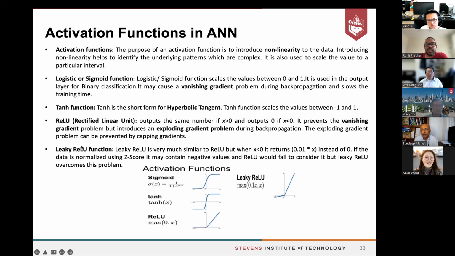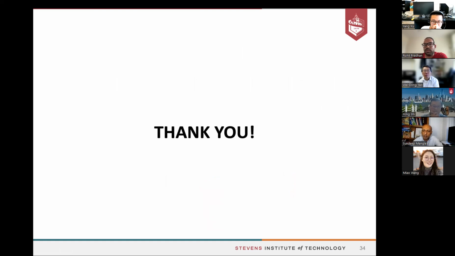So the rectified linear unit prevents this problem, which occurs in the sigmoidal and tanh activation functions. And the next, advanced version of the rectified linear unit is the leaky ReLU, where it doesn't go to the 0th point, whereas it multiplies the input with 0.1, or we can specify this value, so that it doesn't have the problem of vanishing gradient or exploding gradient. So that's it for today.